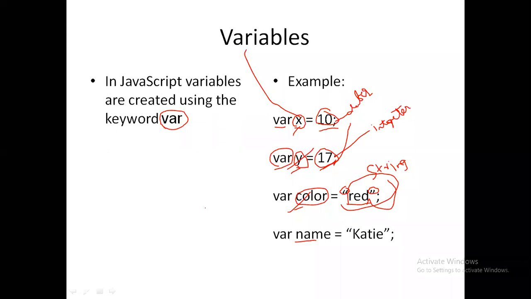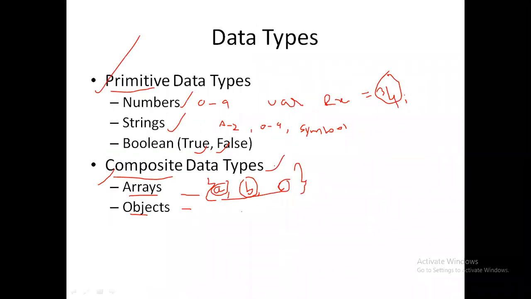For characters, we have something called the char data type. If you have a decimal value, we have something called float or long. Like this, we have specific data types. But when you come to JavaScript, we don't have any such thing. For all, we have var as a keyword. Depending upon the value we pass, it will be treated as a primitive data type or a composite data type.